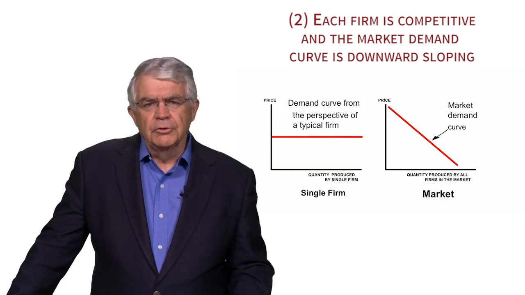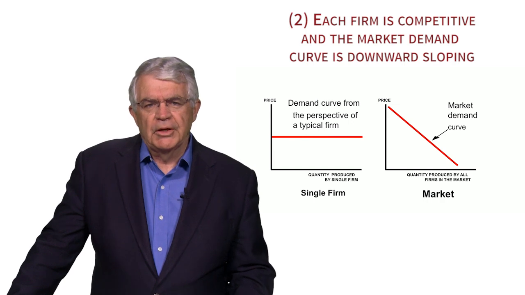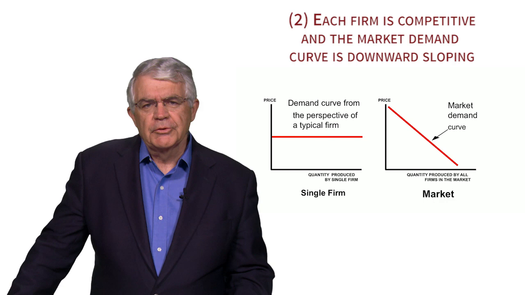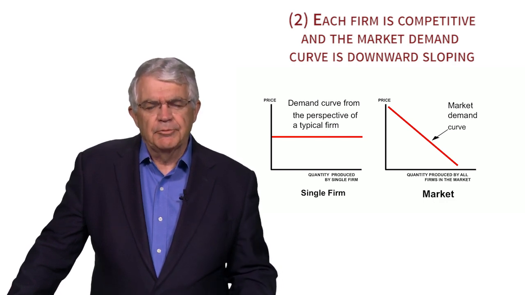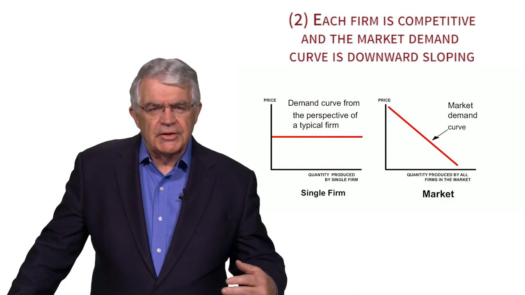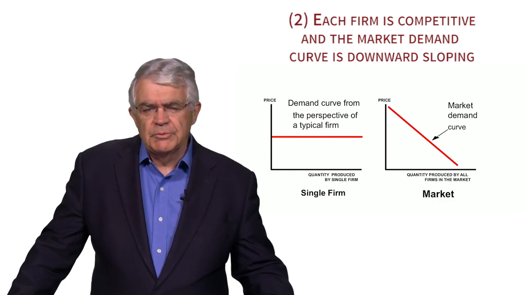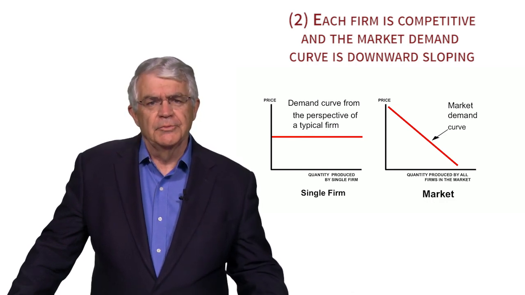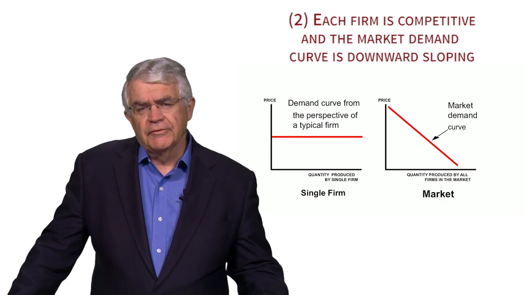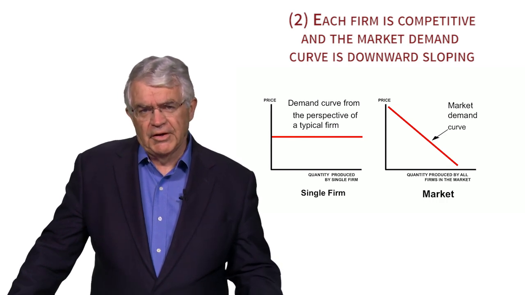When a single firm looks out at the market, if it's a competitive market, recall that firm looks at that price and takes it as a given. So effectively, the demand curve from the perspective of a typical firm is perfectly flat. Basically, it takes that price as given. We've explained that that's the nature of a competitive market. It seems strange sometimes because you imagine a firm setting the price, but the reality of that competition is it really can't affect that price very much. It takes it as a given.